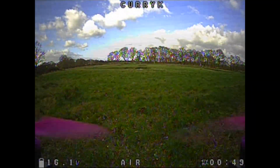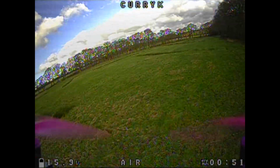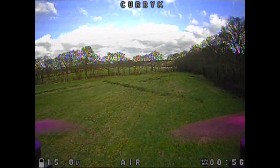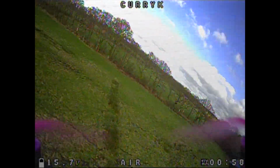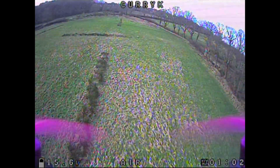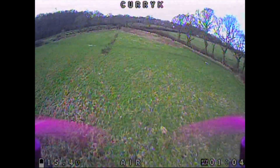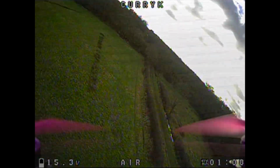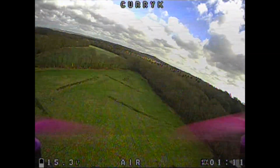Okay, so here we go on the maiden FPV flight, and I should explain that the weather is cold enough that my thumbs lose the feeling as I'm flying around here. They really don't last more than a couple of minutes, so in between each battery I've got thermal gloves on in my pockets, jumping up and down, trying to keep warm. So if some of this flying looks a bit rough, or I should say rougher than normal, blame my thumbs